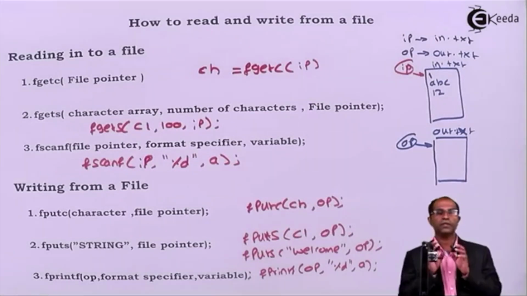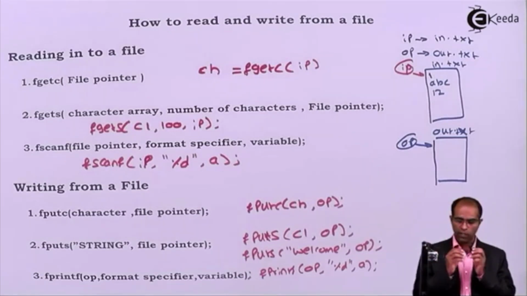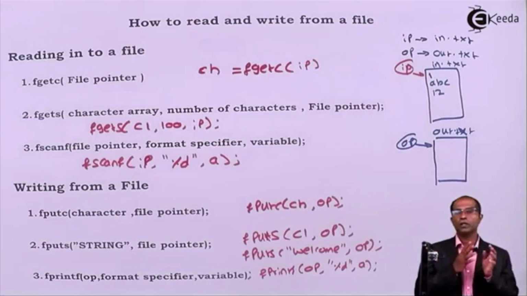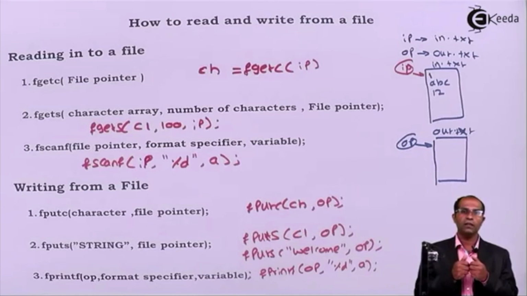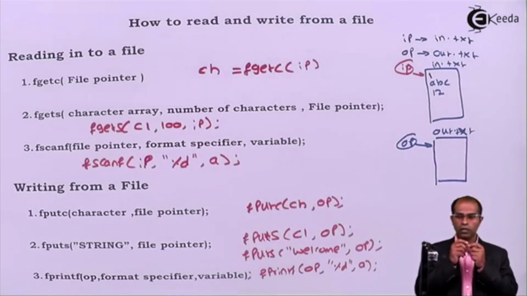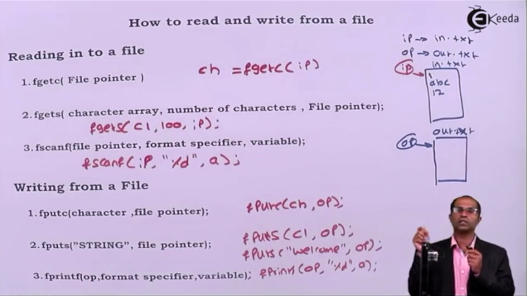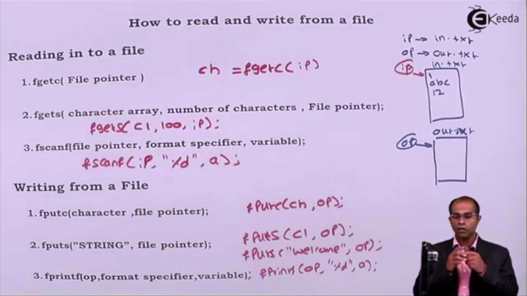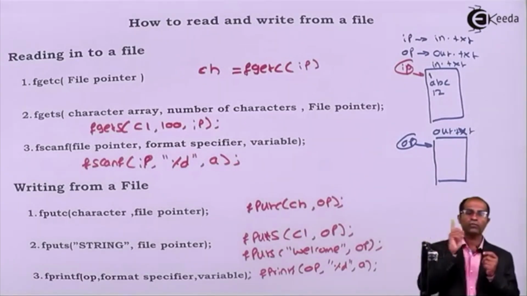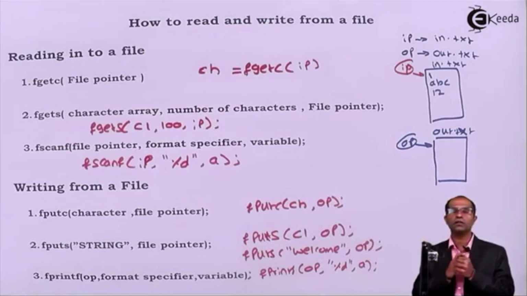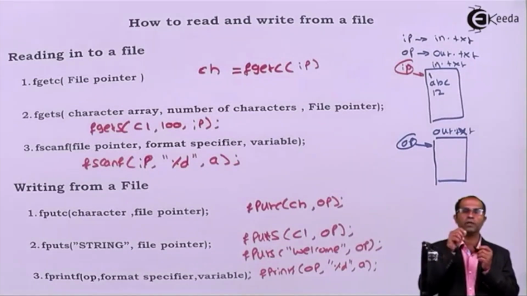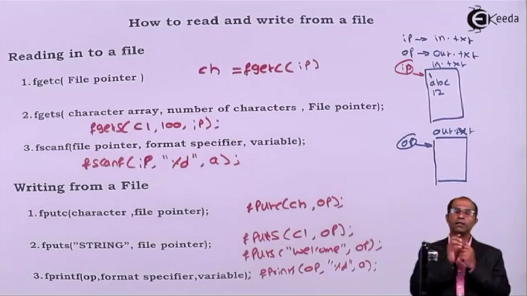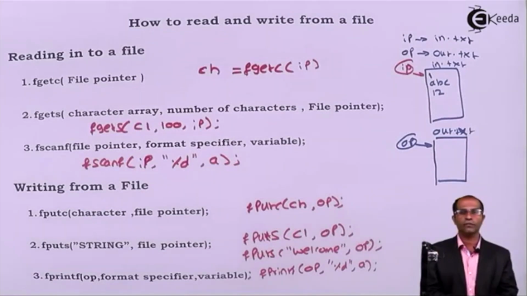All these functions I have mentioned are for a normal file. Similarly, when you do operations on binary files, you can use fread and fwrite. You can use some more additional commands like fseek and ftell. fseek will take you to the place where your cursor is associated. You can rewind the entire control back to the first part of the file. You can move to the end of the file. All this you can do. You can know exactly at which place you are in the file, where the pointer is in that particular file. You can use a command called ftell.